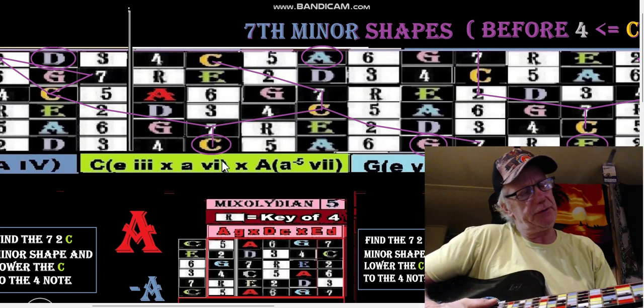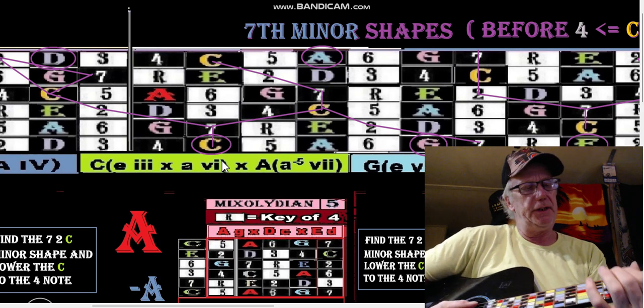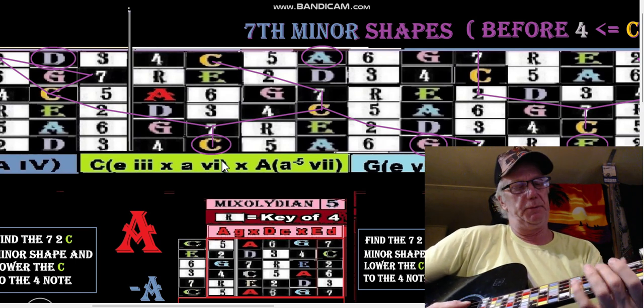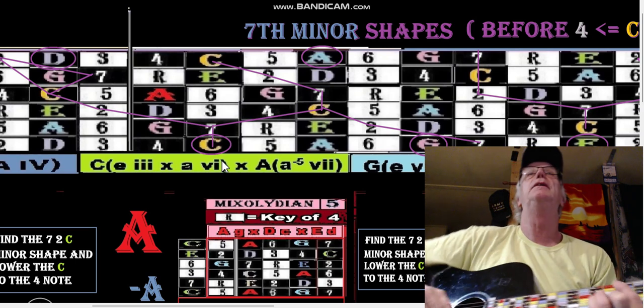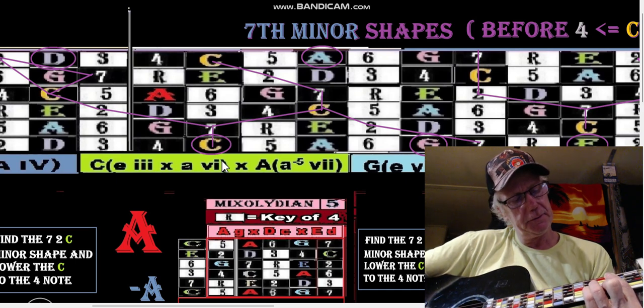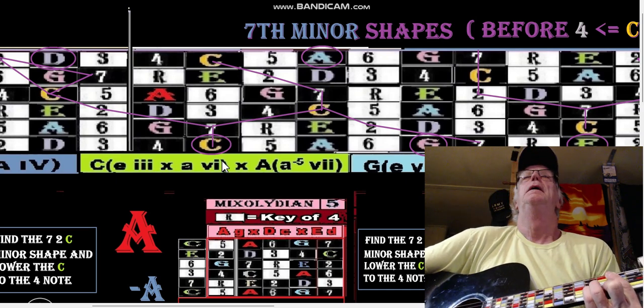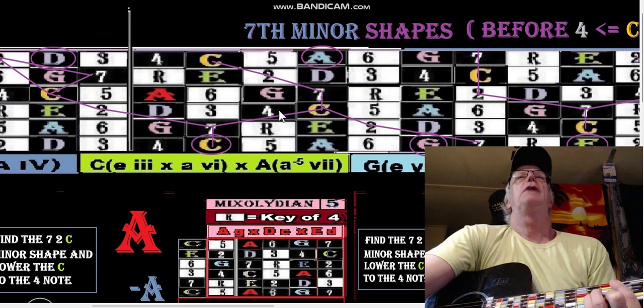Here's your fret nut. It would be right here. C would be the flat 5. Just play that A minor shape right there. And all we have to do from there is drop that C to a